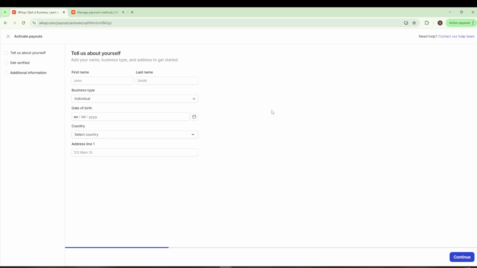Next, you will need to enter an email address. Make sure it's one that's current and accessible, as this will be linked to your preferred payout method or account. For added security, you'll also have to create or confirm a password during the setup process. With all these details filled out, you can